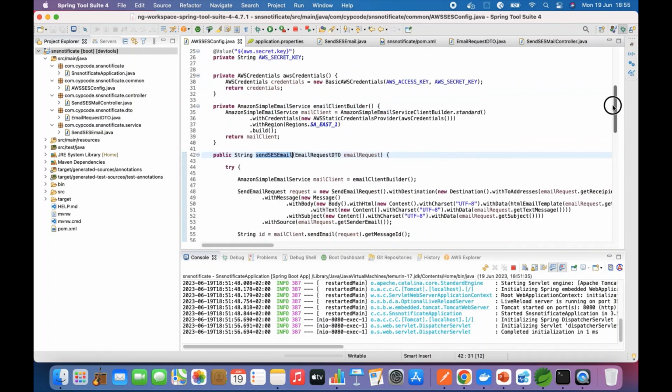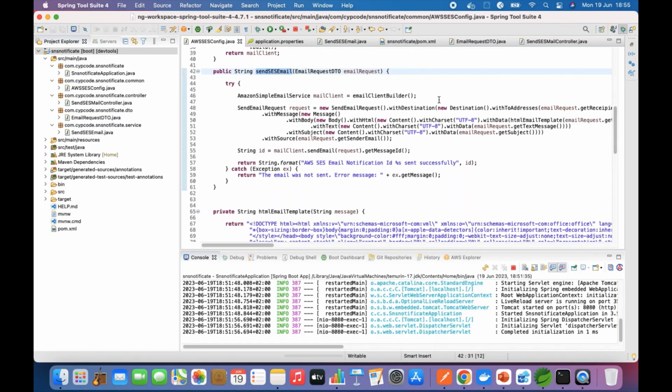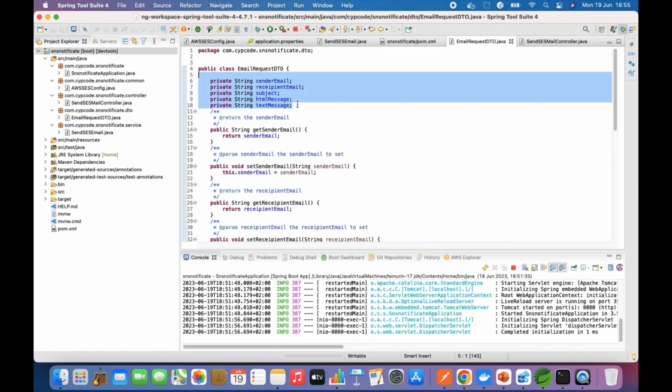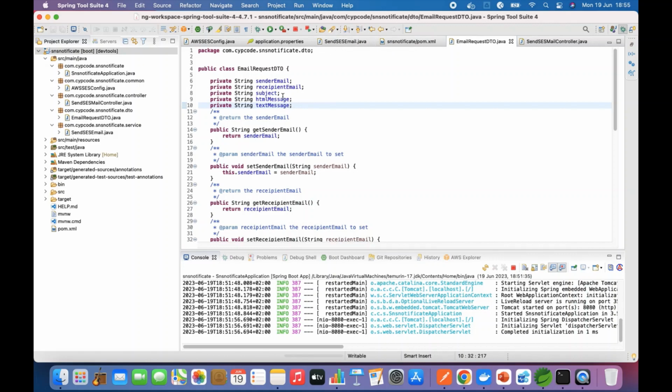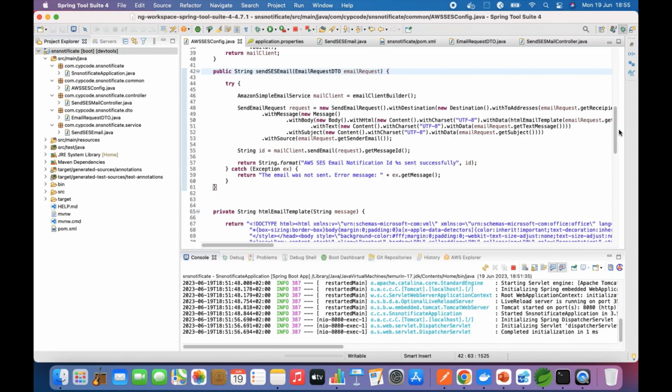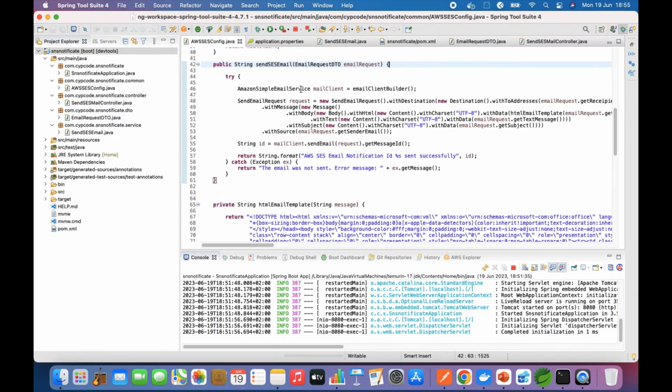Once we have the client, we're going to send the email request DTO. The email request DTO is this one, which is just a POJO, and it has the sender email, the recipient email, the subject, HTML message and the text message. That's basically what we have there, and we pass this in the controller body. You're going to see it just now, and once we pass that in, we are then able to use our